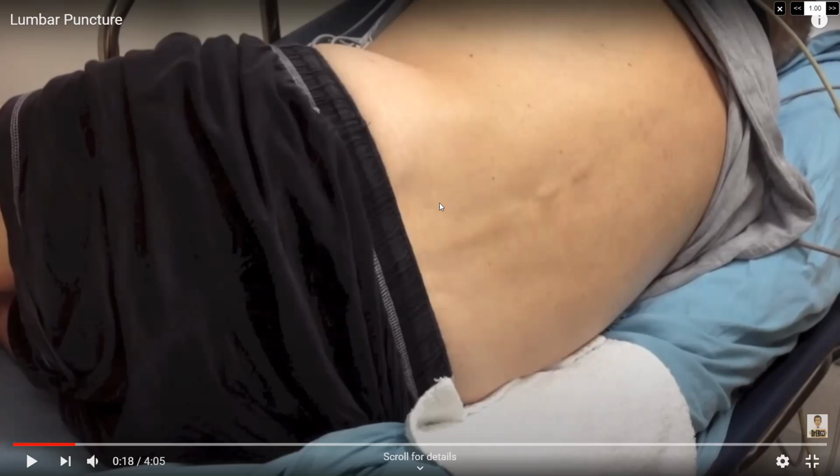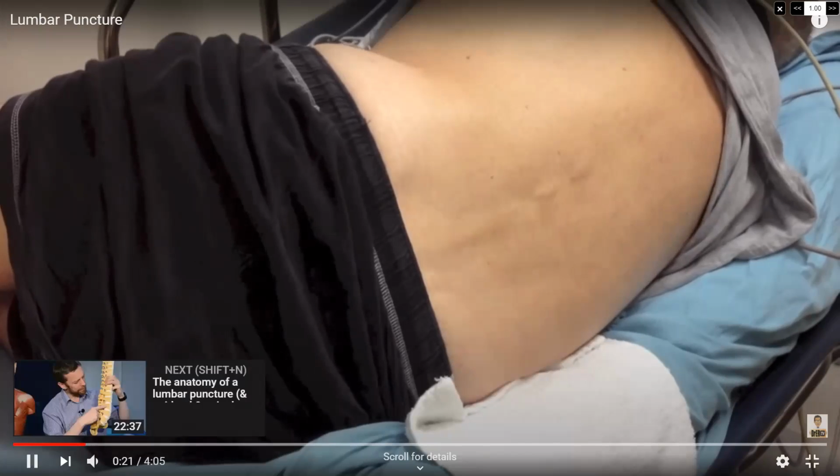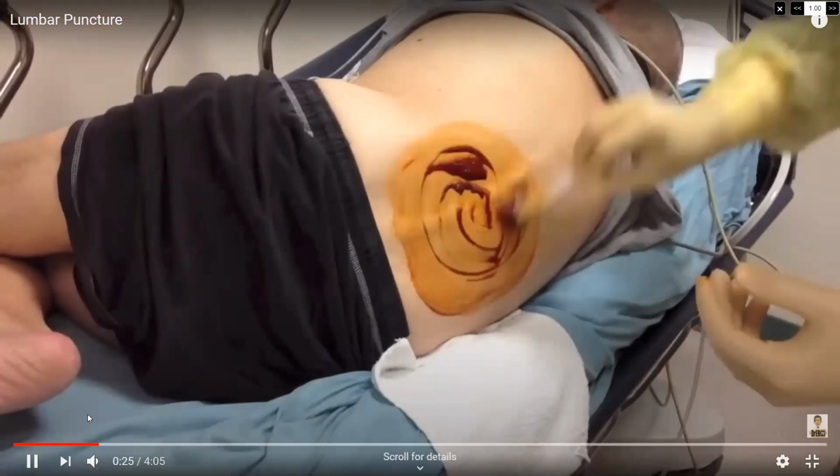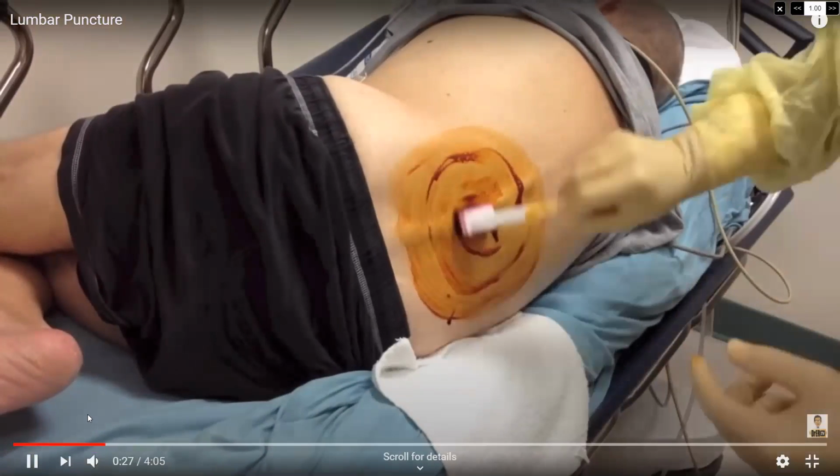All right. Once they have assumed such a position, what you will do is perform the procedure in aseptic technique. You can start putting iodine. See, that fellow is putting iodine now.